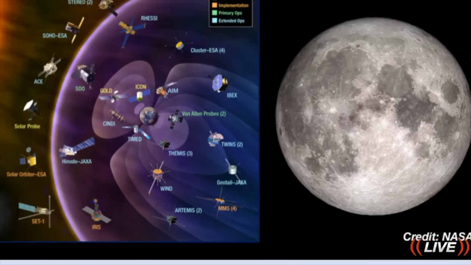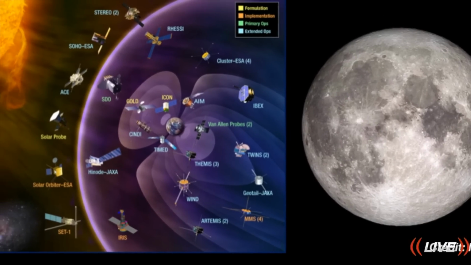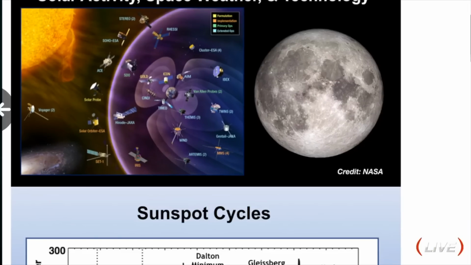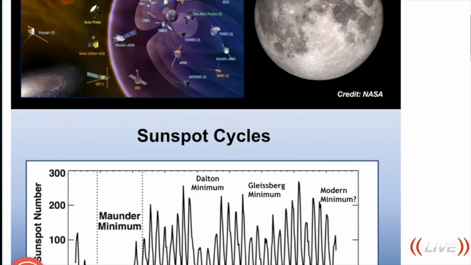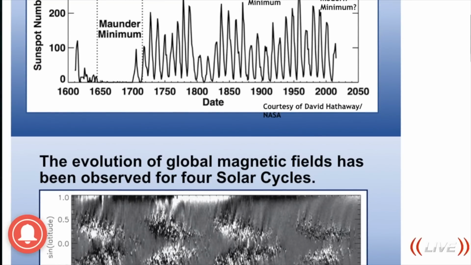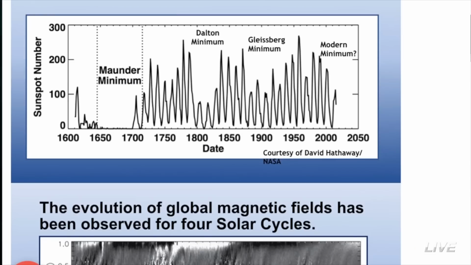So why does this person say this? Well, this presentation right here is going to give us the answers to that, or at least explain how they came to this conclusion. Take a look at our sunspot cycles. We all know the Maunder minimum very well. And then, of course, the Dalton minimum, which you see is not quite as deep a minimum as the Maunder minimum. And now the next minimum, which many people are trying to have named the Eddy minimum, is approaching us. In fact, we're here.